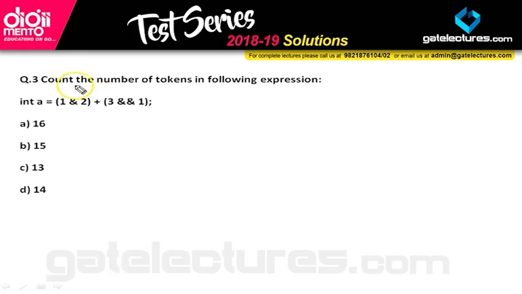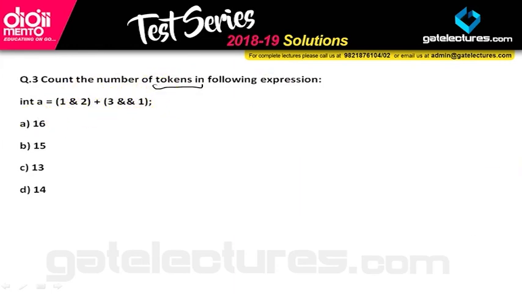So we have our next question. This kind of question is frequently asked in exams, so pay attention here. It says, count the number of tokens in the following expression. It is used during lexical analysis, so that's why it is very useful. We will count each and every occurrence, whether it is a variable, symbol, expression, keyword or anything. We have to count each and everything. Let's see how many tokens are there in this expression.